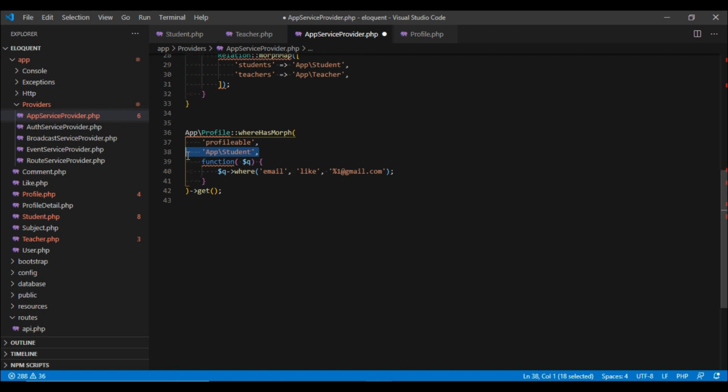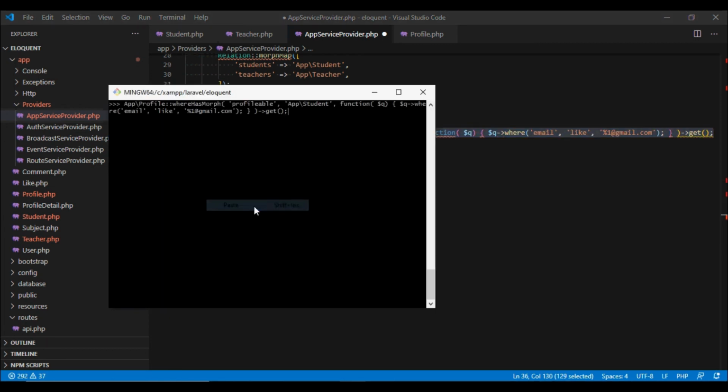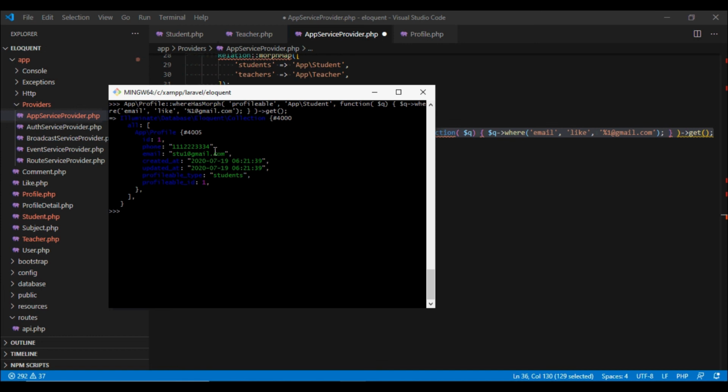It is not going to fetch teachers for us. Let's try to run this. And there we go. It has only given us students. It has not given us teachers, and it has also honored the where condition that we gave.